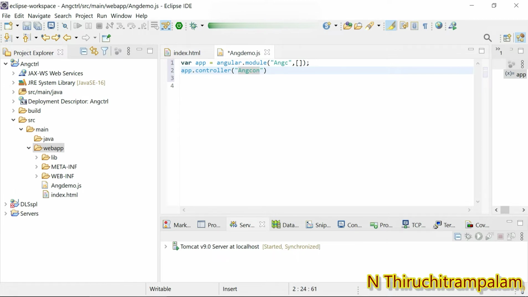Next to this, a comma, and then I use the function. I create the function and I pass in the scope.